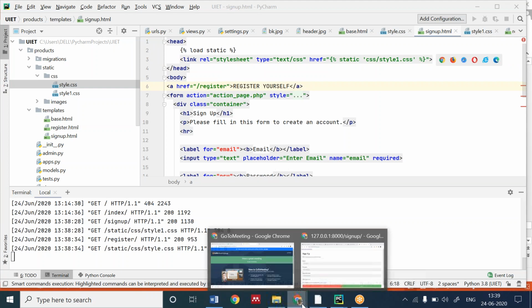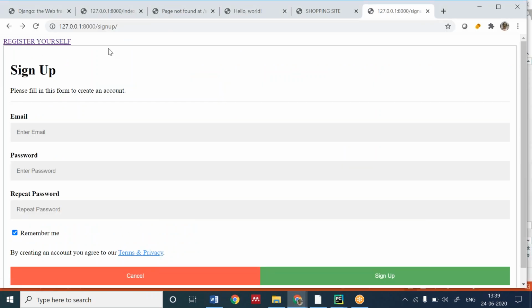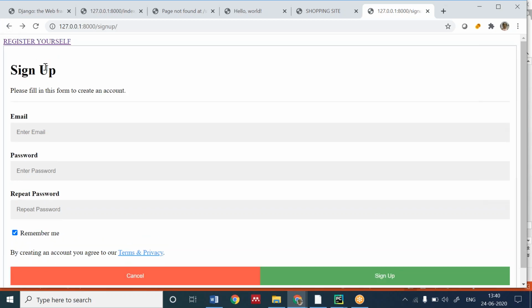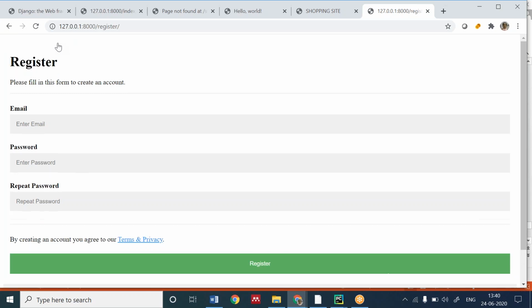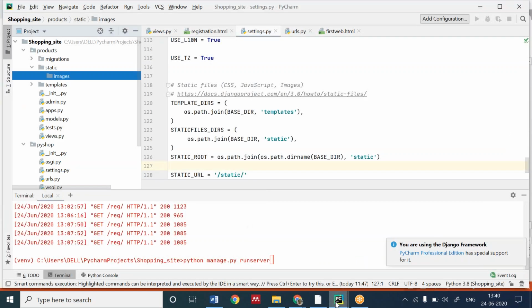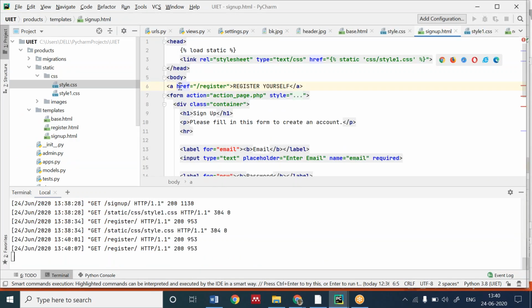We can go from one page to another. See, I'm going from the sign up page to the register yourself page using a hyperlink. I want to go into the next page, so I'm using a hyperlink. For hyperlink, there is a command: the anchor tag. You have to simply pass the URL which we have created for that register yourself page. Registration.html के लिए जो URL बनाया है वो पास करना है आपको. For the hyperlinking, if you want to use the hyperlinking.